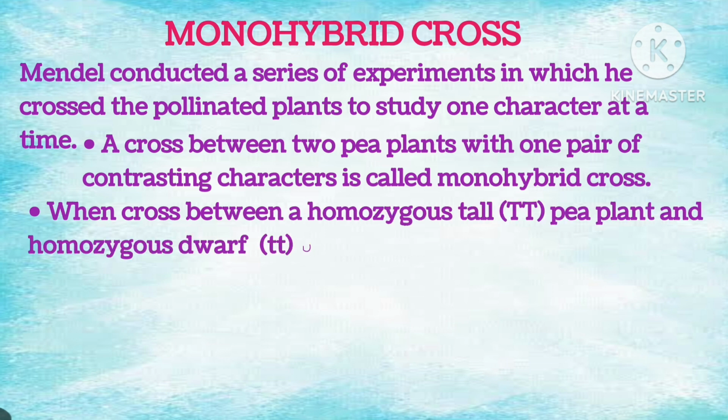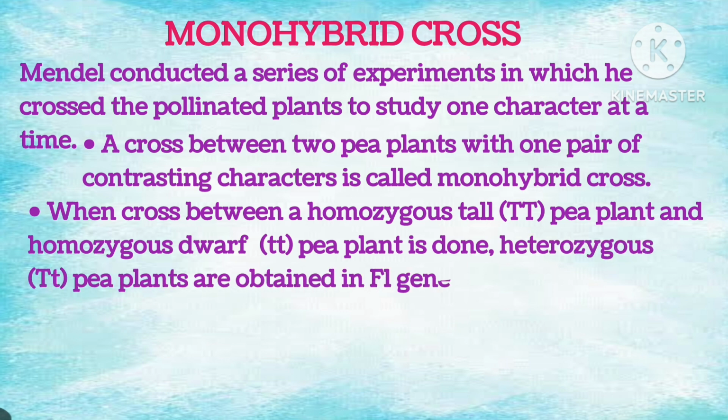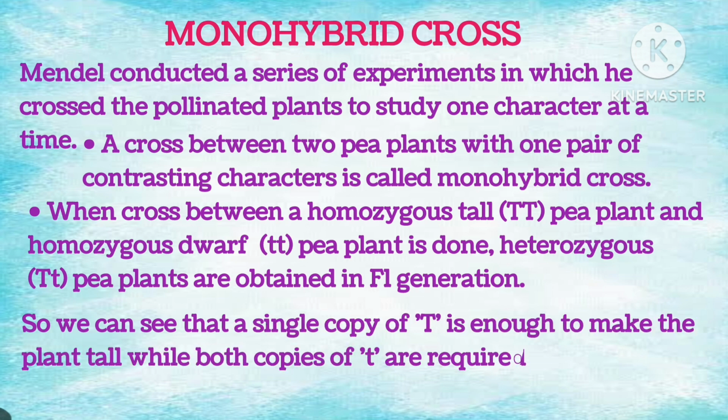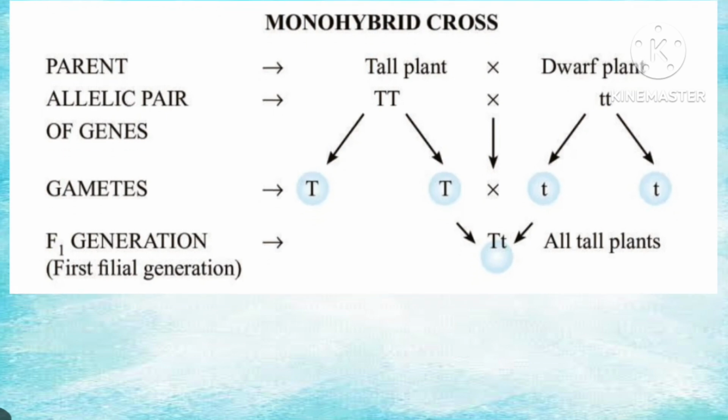So he took a homozygous tall pea plant and a homozygous dwarf pea plant, and the offsprings produced are heterozygous in the F1 generation. So we can see a single copy of T is enough to make the plant tall, but both copies of small t are required to make the plant dwarf. As you can see in the picture, the tall plant and the dwarf plant, both homozygous, produce heterozygous hybrid plants